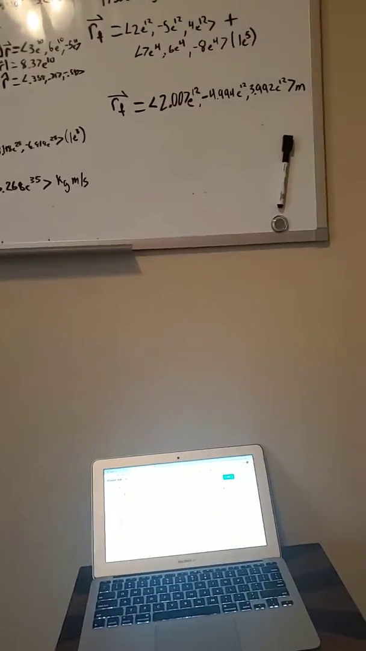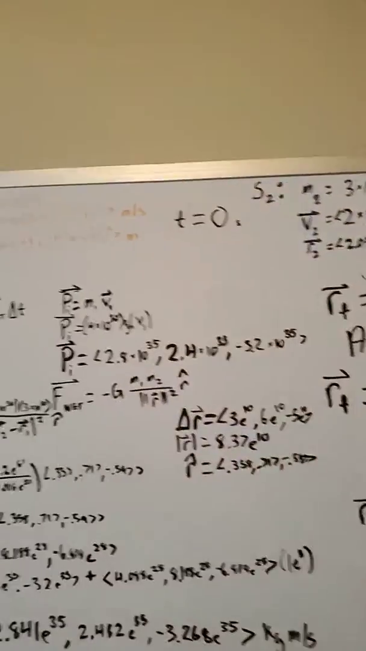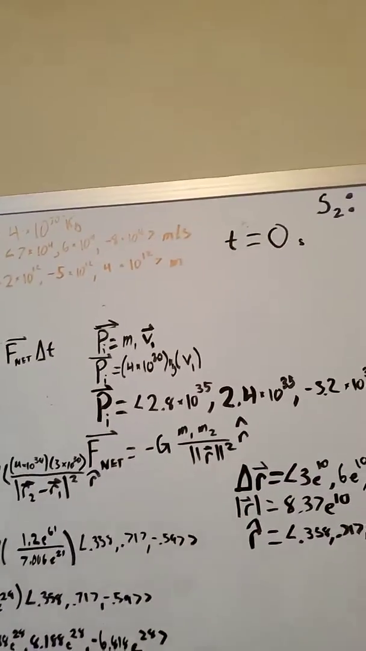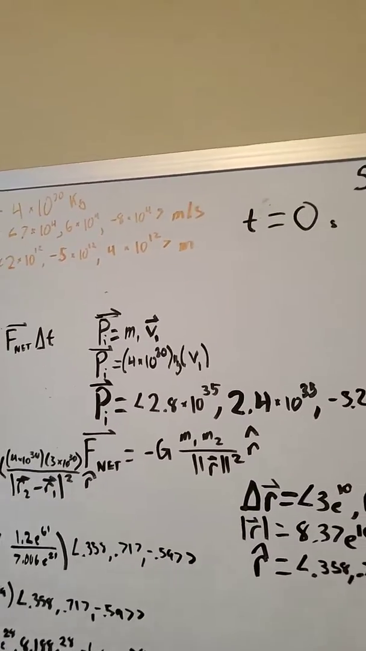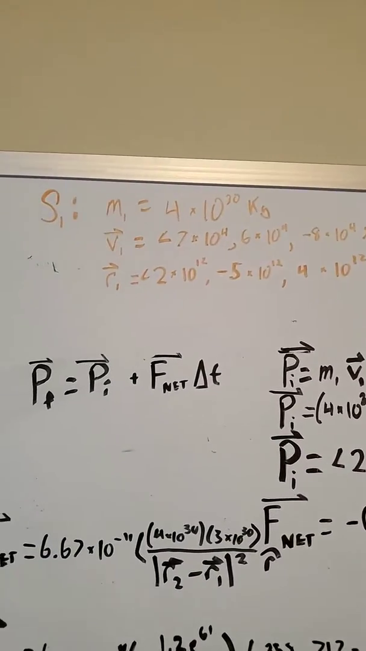Alright, so I have a nice little setup here. We're going to be doing numerical calculations today. I'm actually going to do a problem involving the momentum principle with two stars in space with gravity